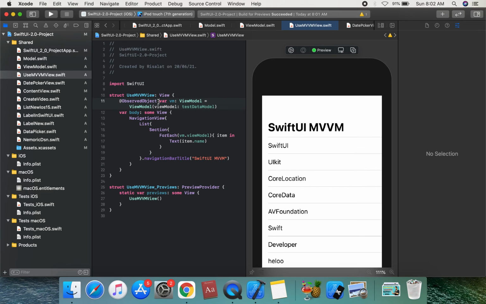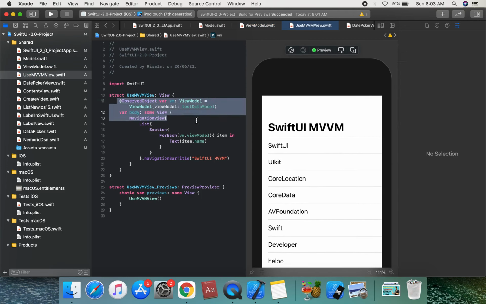So, view model. And what is a view model? It transforms model information into values that can be displayed on a view. They are usually classes, so they can be passed around as a reference. This is a view model. It transfers the information of the model. We can transfer this view information in the view model, which is an array of text model, an observable object. This is a binding concept.